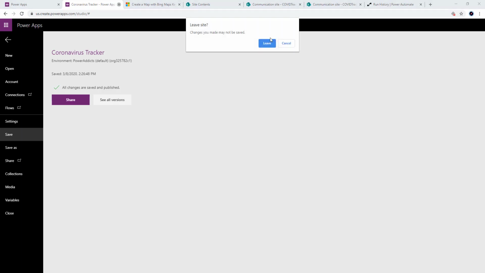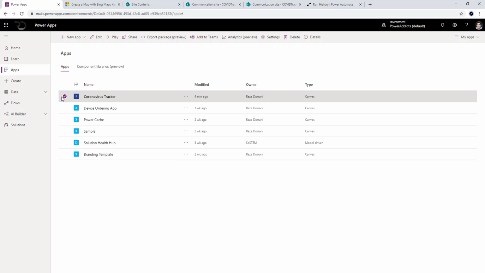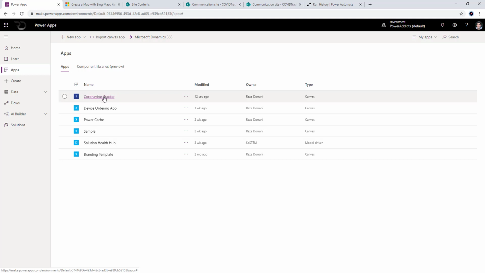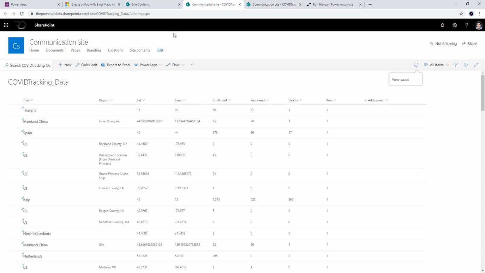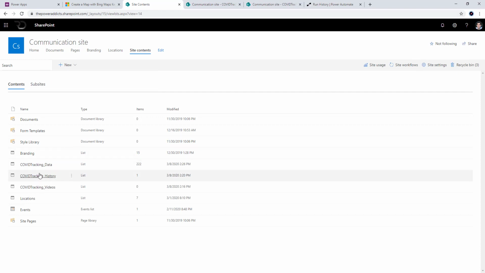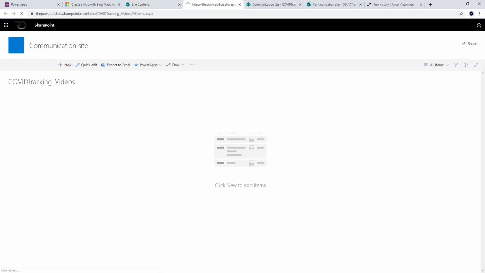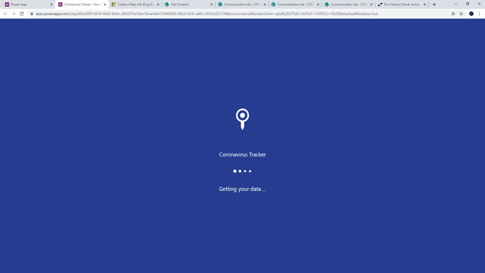I'm going to close that tab, head back to Power Apps, and here is my Coronavirus Tracker application. I'm not going to play it right now because I'm going to wait for my flow to run, because my flow is still running. And while my flow is running, these two lists are leveraged by the flow, the history list and the tracking list. There is a third list called COVID tracking videos. What this list contains is, if you remember, if I play this app right now,